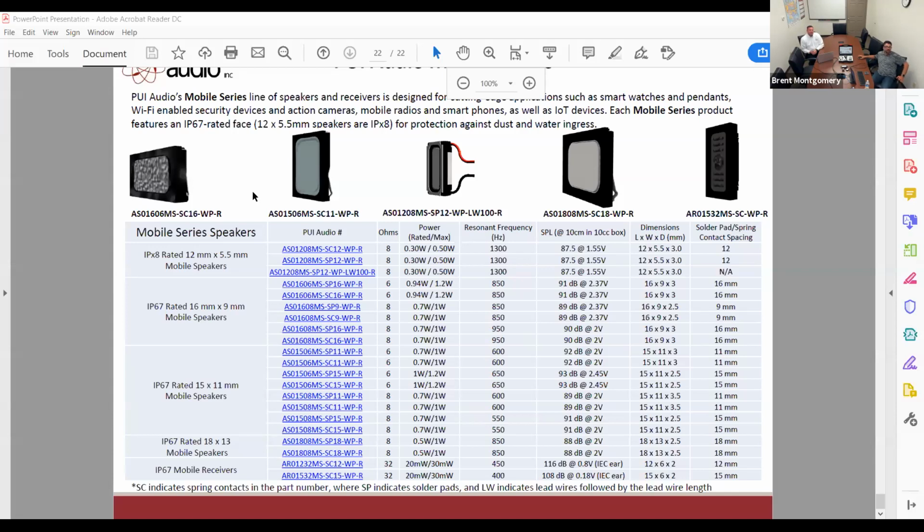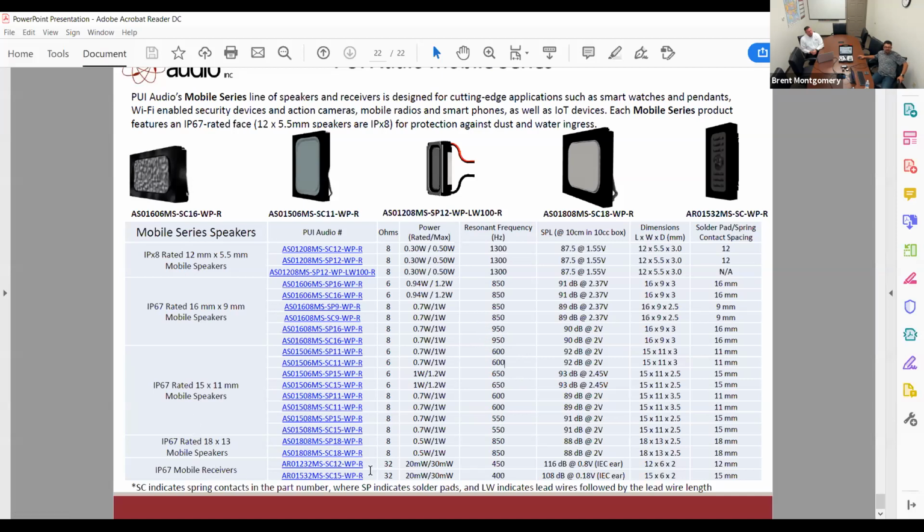To get the most realistic frequency response out of these, what you would want to do is use a rear enclosure that's going to be somewhere between 3 cubic centimeters to 1 cubic centimeter. That's going to help promote the low frequency response. You want to shoot for as low a resonant frequency as possible, and that's what the enclosure does. It actually controls that resonant frequency. So if you use a really small enclosure, say 0.5 cubic centimeters or smaller, you'll start to see this resonant frequency rise, and the speaker will sound more thin.